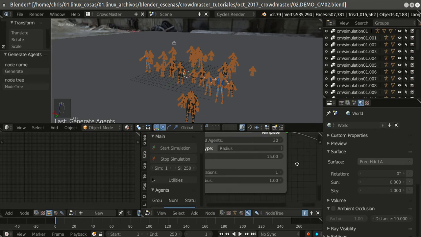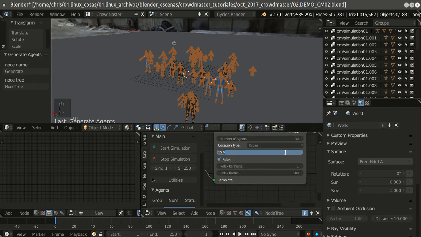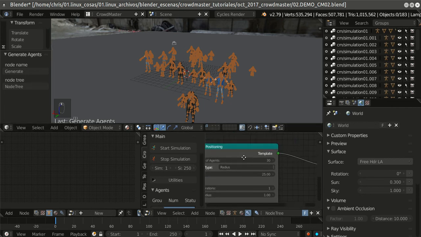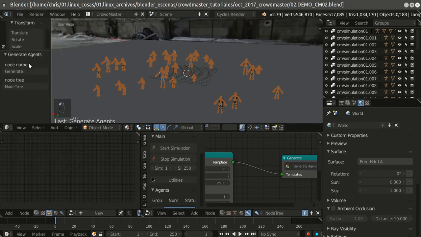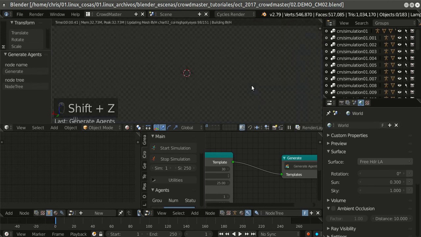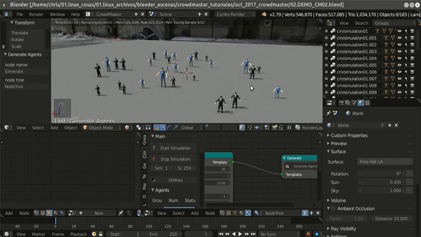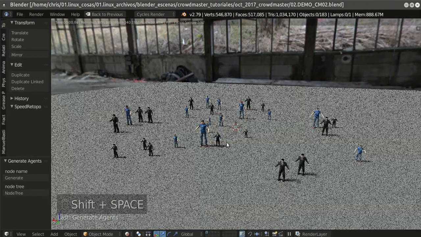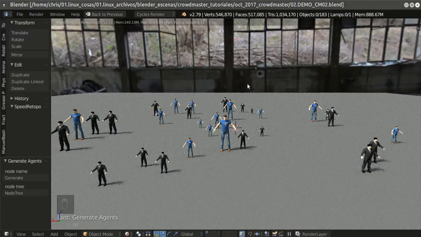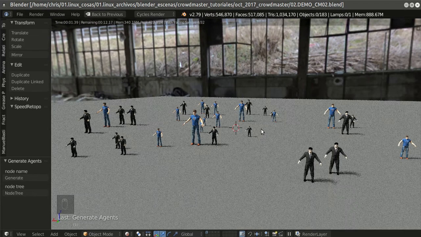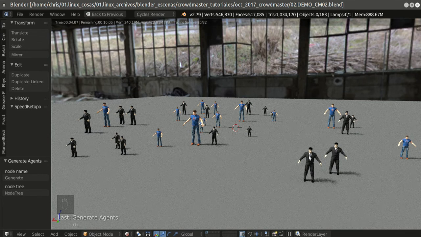Maybe I can make the radius bigger, 25. Generate agents. Okay, if you enter render mode, I can see my other agents, no? 50-50, no? It is correct. But if you want more black agents, for example,